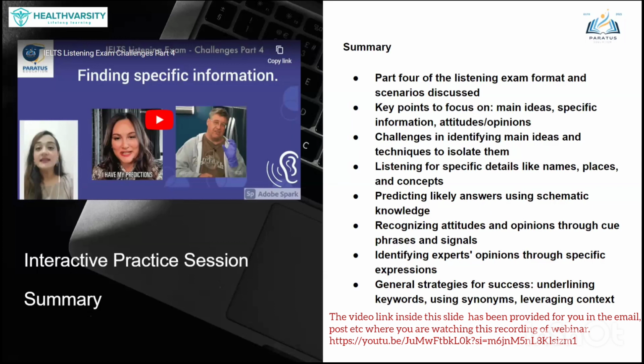Identifying the expert opinion through specific expression. Experts may also express certainty or uncertainty using phrases like "research shows," "it is widely accepted," and "there is some debate about." As soon as you hear these, you'll know that these expressions signal the speaker's authority in